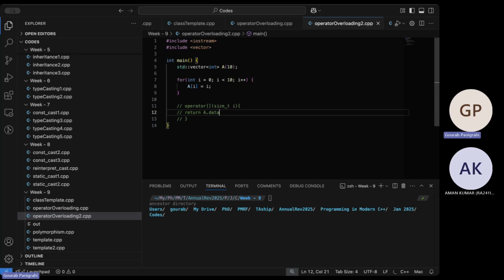A dot data. This is the actual pointer to A. The function data will correspond to the pointer to the start of A, which is the standard vector. For now, I'm just calling it A dot data to make it clear that that is the one, but there could be some internal variable also.